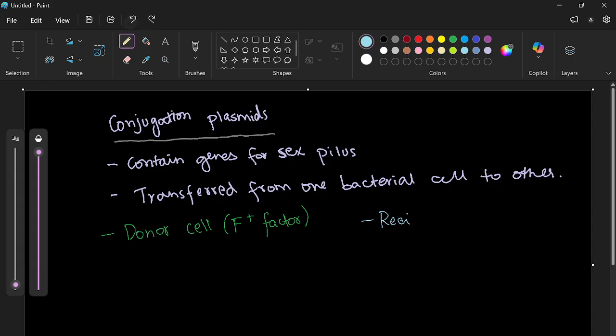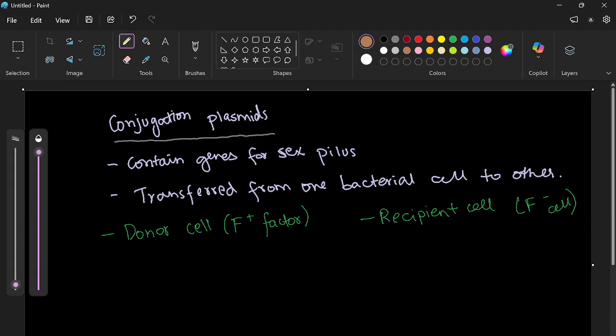Okay, and there's a recipient cell. Let me use the same color. There's a recipient cell, which is the F minus cell, okay? Or factor. It's the same. Okay, so what will happen in the most simple type of conjugation method? There are many possibilities of how the process will progress. One of them is the